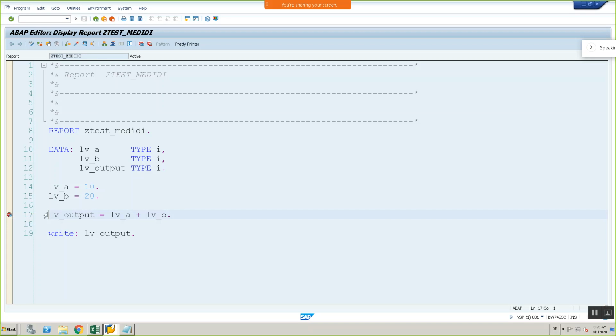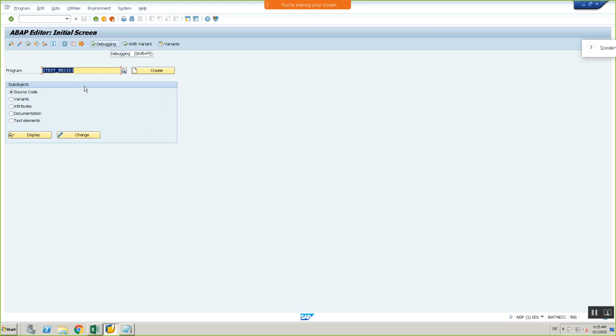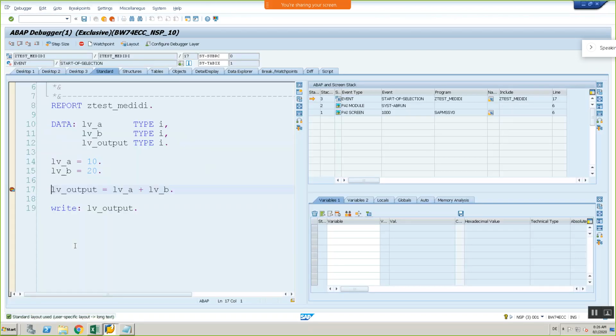So when we set a session breakpoint, there is no need to go back to the original program and click on debugging screen. You can just execute the program normally. Then automatically the system will stop at the breakpoint you placed. Because if you have 1,000 lines and you want to stop at line 990, then no need to go through all the lines continuously with F5. You can put a session breakpoint at line 990 and execute your program. Your program will execute all the 990 lines, then it will stop at line number 990. Okay, clear so far?